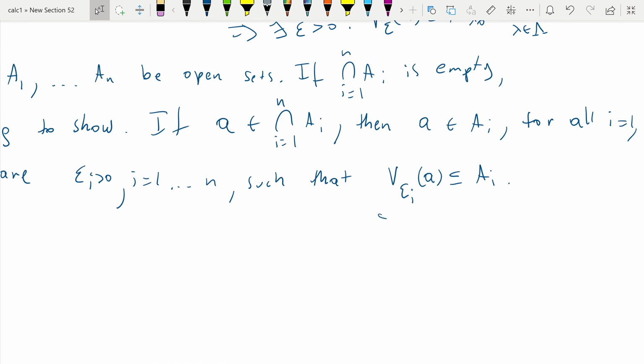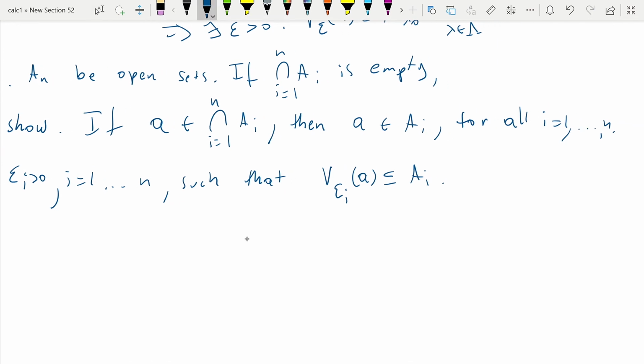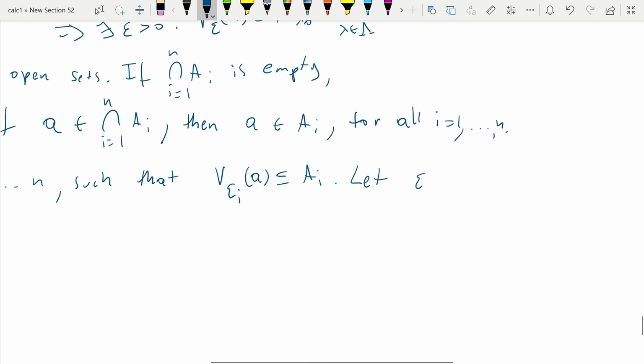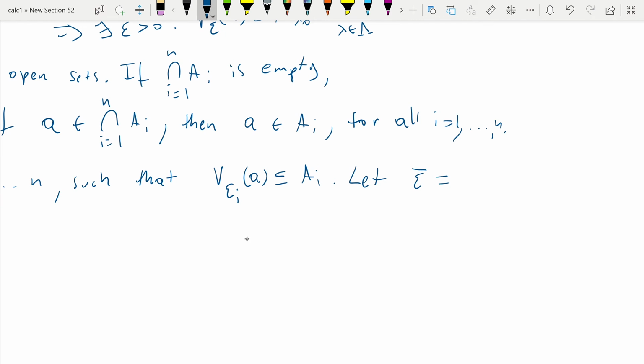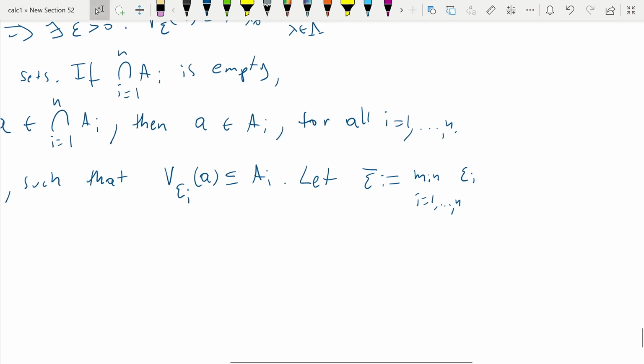So we have this property here, that for each i there's a positive epsilon i such that the epsilon i neighborhood of A is contained within A i. Now, that epsilon is going to be the minimum of the epsilon i's, i equals 1 to n, and we know that this is positive